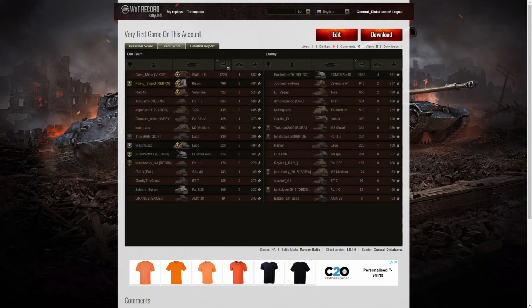If we see the team score, we can see that the highest scorer in that game was actually Coke Miner in the Stug 3B rather. He managed to get a cool headed and 1,220 hit points of damage. The next high score after that was Bertha the Tank in the FCM Pack 40. He managed to get 1,083 hit points, stayed alive until the end, but yes, he couldn't get the reset, so he lost the game. And I picked up the 3rd place with 700 and...